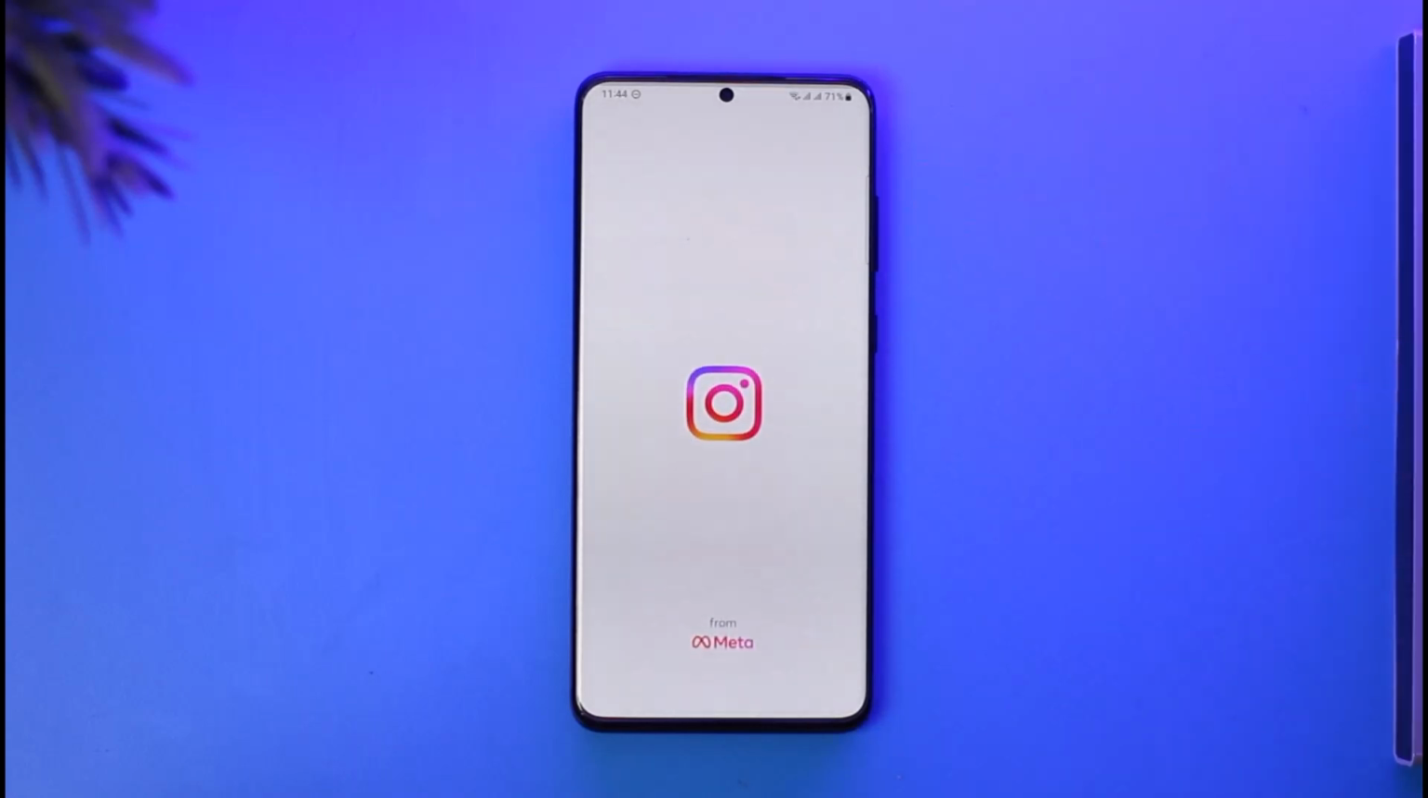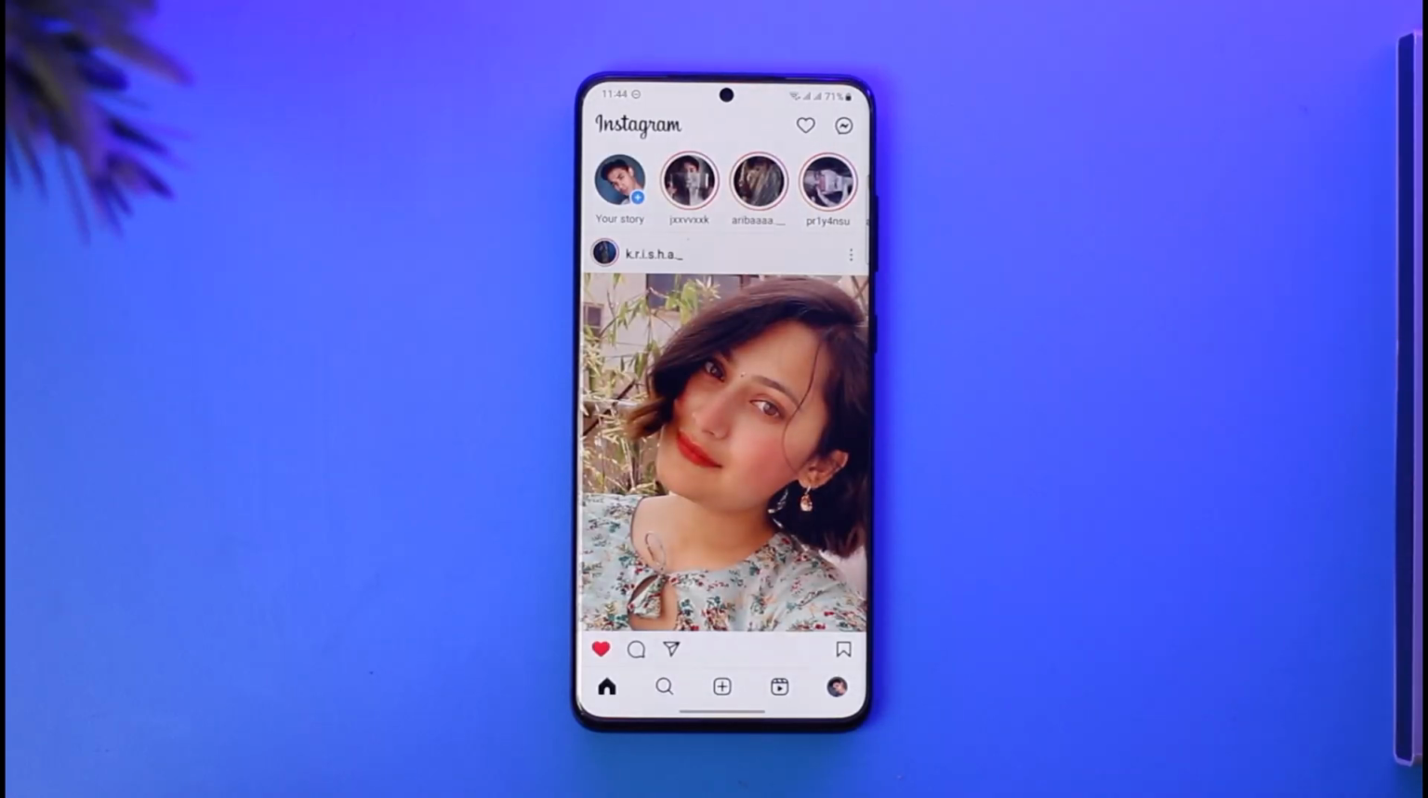So first of all, open the Instagram application here. Now normally if you want to share someone else's story, if you are tagged in that story, you'll find the add this to your story option, and then you'll be able to successfully add them to your own story. But if you're not tagged in it, then in that case what you can do